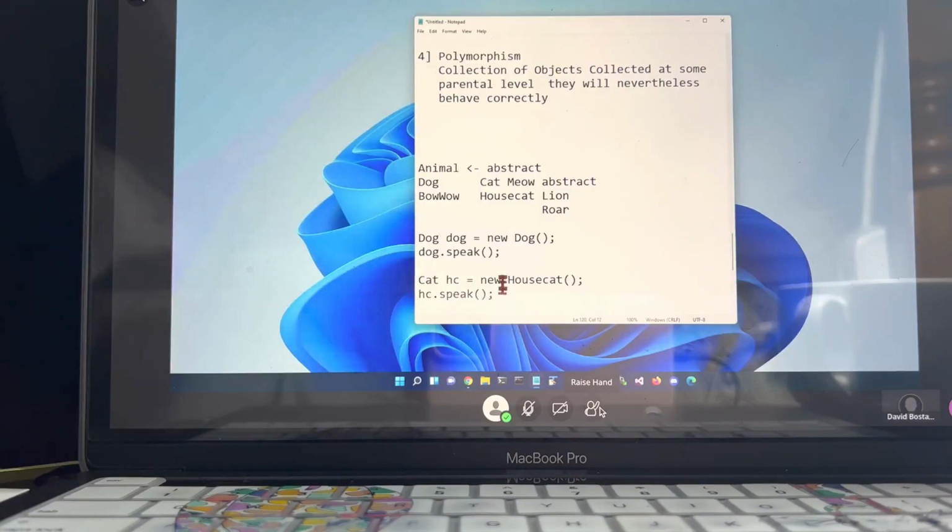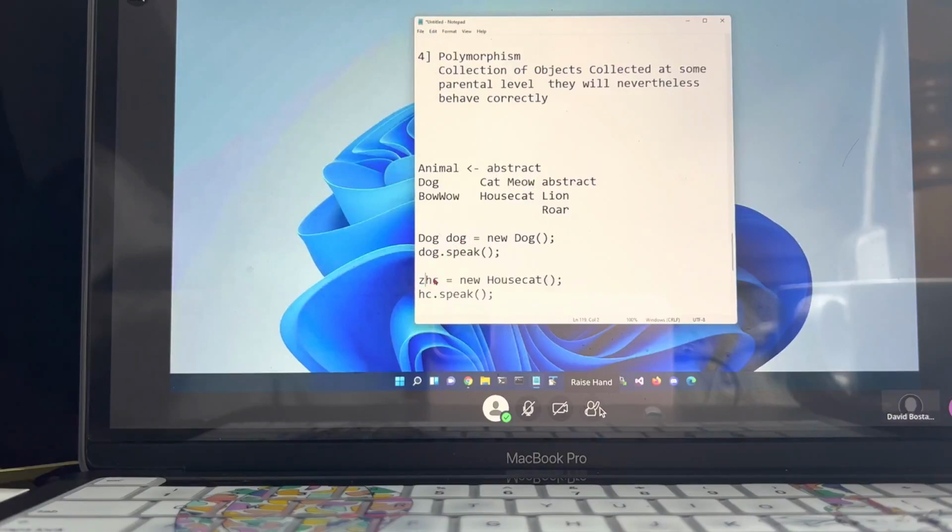So this is all well and good, but nowhere here have I demonstrated just using it as it makes sense. A dog is a dog, so when you call it, it should say bow wow. I did a cat as a house cat, which we called as an interface of a cat. First case, it went up and it found the correct thing to say. And in this case, it automatically finds the correct thing to say.